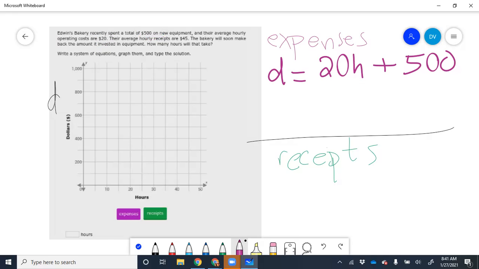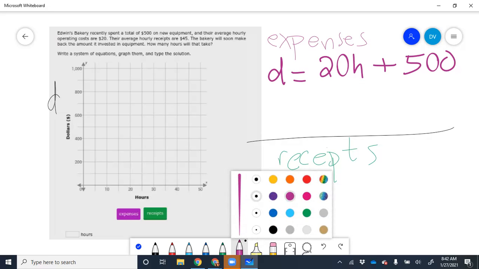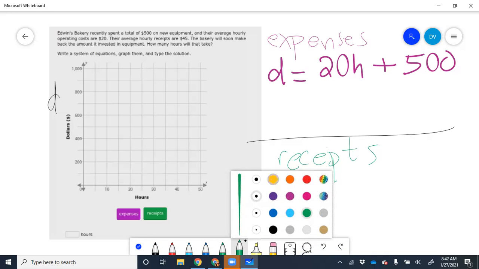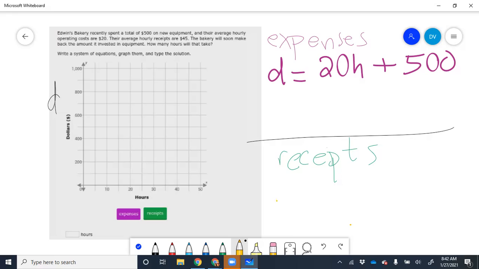For the receipts, they're $45 an hour. And they don't start with any amount. So guess what number we'll use since they didn't give us a starting amount. Since they didn't give us anything, guess what? Let me start writing it, and then I think you know the answer when I say it. So for receipts, our equation will be